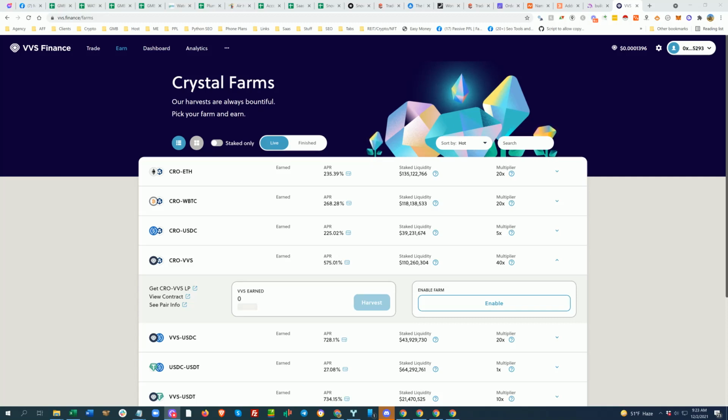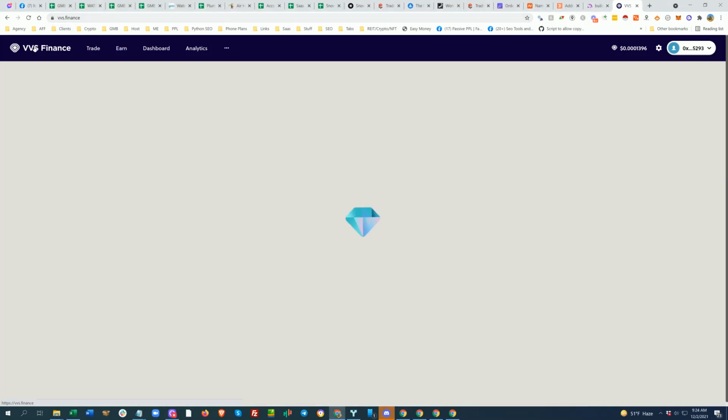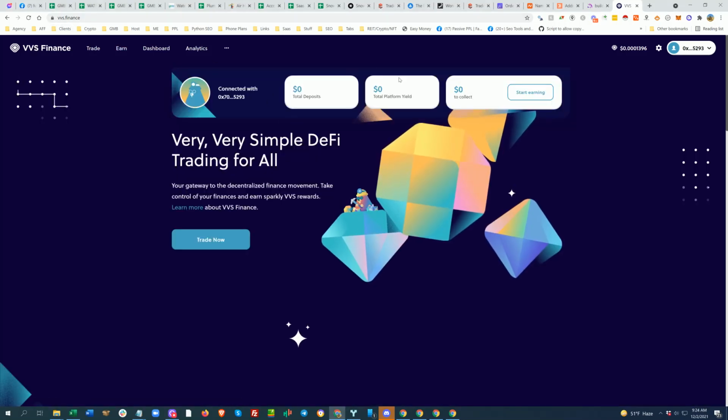Today I wanted to cover VVS Finance and creating the LP pair for crypto.com and VVS LP farming. To do that, we're going to go to the VVS Finance main website and then go to the earn